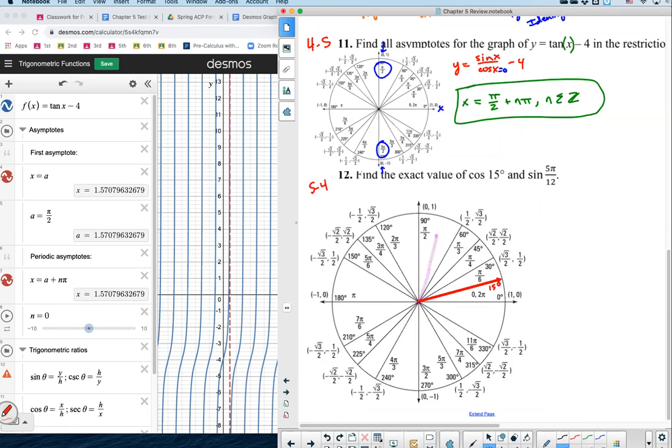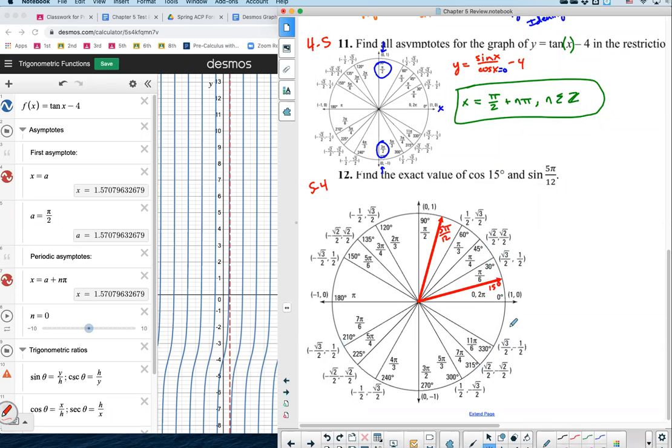Let me go back. I'll try this one more time. 5 pi over 12 would be located right there. Now you might not know that, and you don't have to know that, but that's where 5 pi over 12 would be located. When I went through this lesson, I told you that with the radians, we'll do something special. The degrees is pretty easy. You just have to find 2